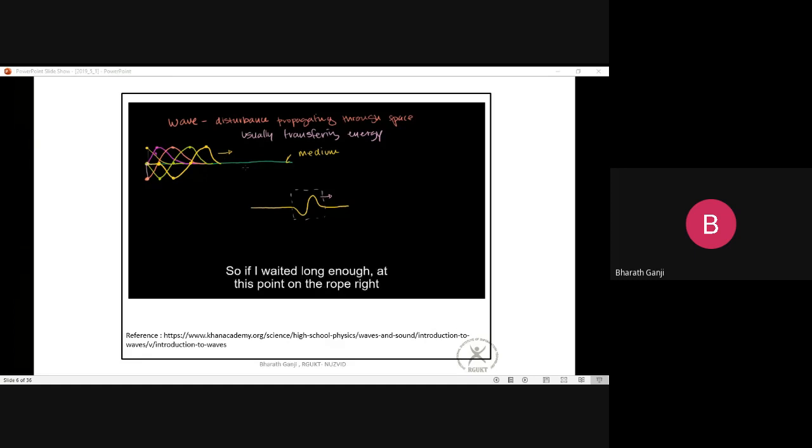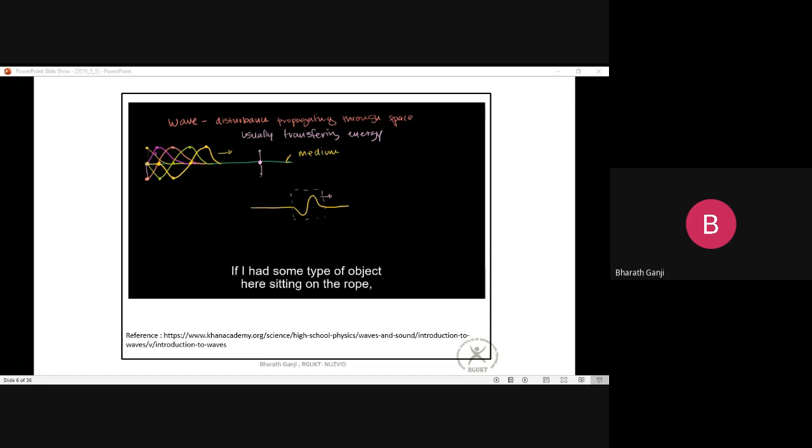on the rope. So, if I wait long enough at this point on the rope right here, it's going to move up, down, and then back again. Exactly what I did over here, it's going to happen to this point on the rope. And then later on, it's going to happen to some other future point on the rope. So that energy that I originally put in on the left-hand side of the rope is being transferred down the